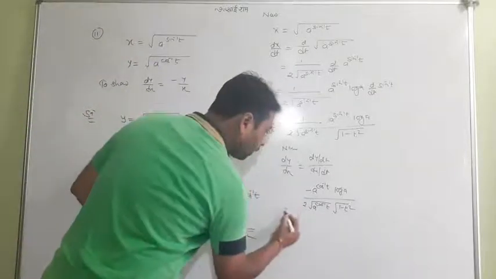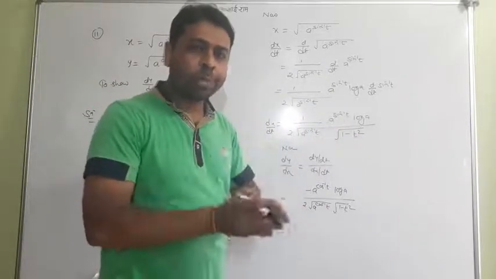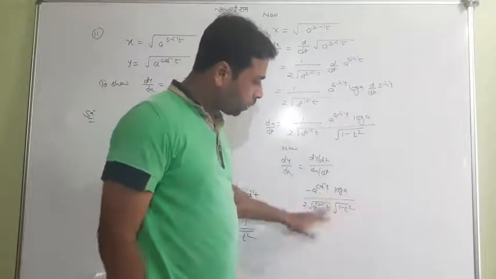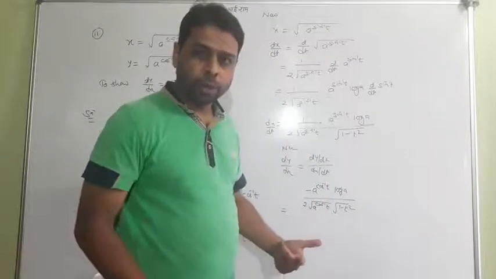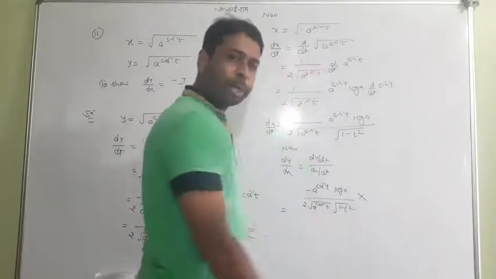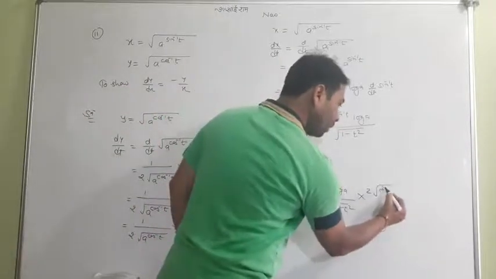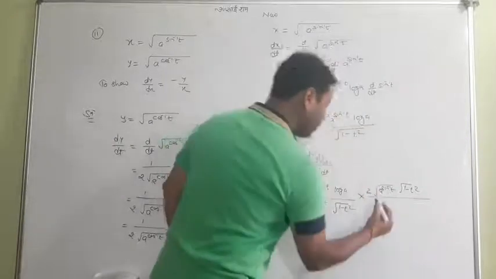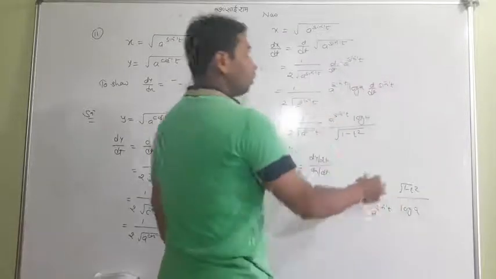Now what to do? You know it. I'm going to divide by this term. But I just want to say something, and you try to understand. When this term is written in the denominator, when this denominator comes in the multiplication, the whole term will reciprocate itself. I don't want to waste time and space, and I don't have good space there. That's why I directly turn it into a multiplication, and I write the converse, that is, a to the power sine inverse t, that 1 minus t squared whole upon a to the power sine inverse t, and log a will be written here. Hope you have got it till here.